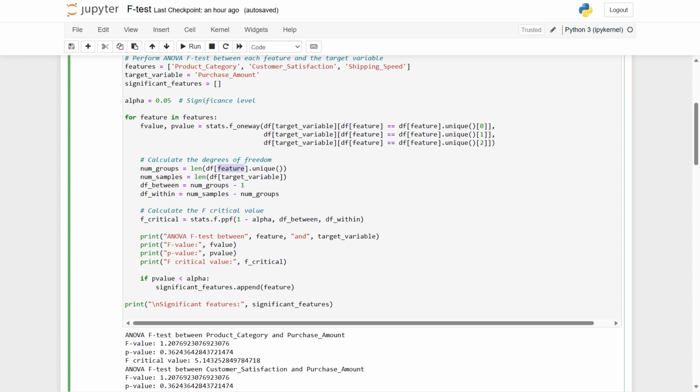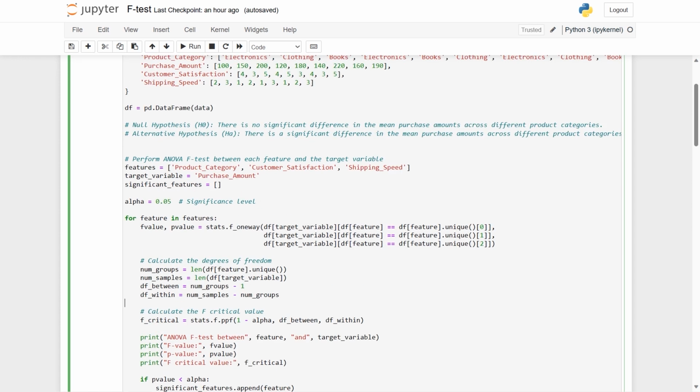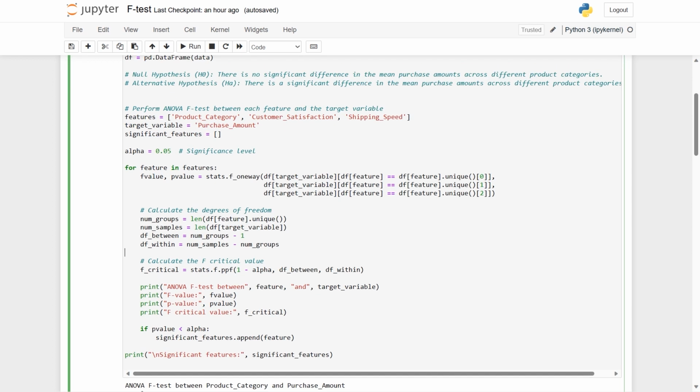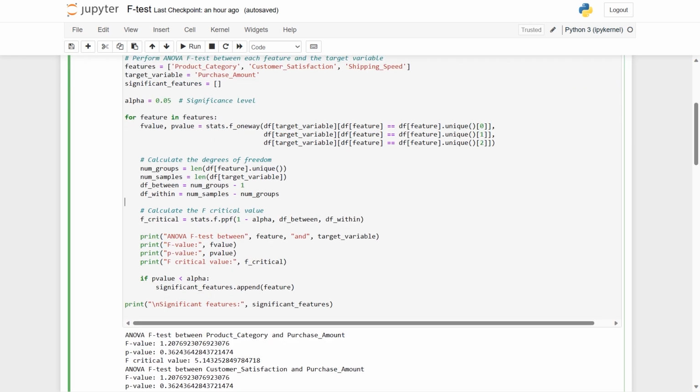The F critical is going to vary with respect to df between and df within. So here we got df between, number of groups minus 1, and df within is number of samples minus number of groups. So we have a total data set of 9, and 9 minus 3 gives you 6. So that's df between and df within. We have done the manual calculation. Now we can calculate the F critical